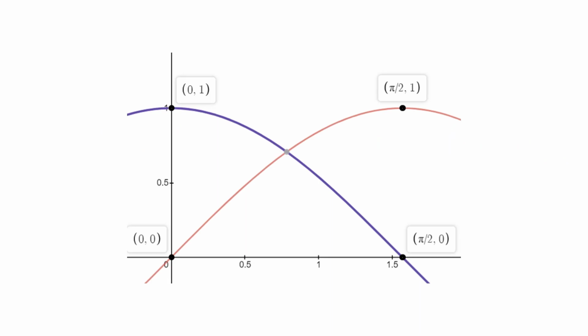Before solving the problem, let us look at the behavior of sin x and cos x in the interval 0 to pi by 2. So sin x is an increasing function and cos x is a decreasing function. You can see from 0 to 1 sin x is increasing and cos x is decreasing, but both are positive. If you choose any x greater than y, then sin x will be greater than sin y. On the other hand, if you choose x greater than y, then cos x will be less than cos y, because cos is a decreasing function.